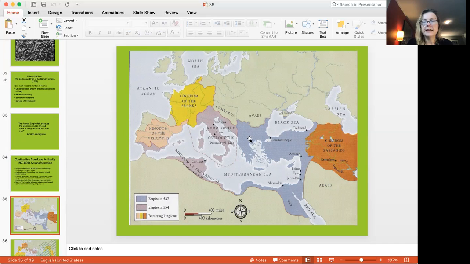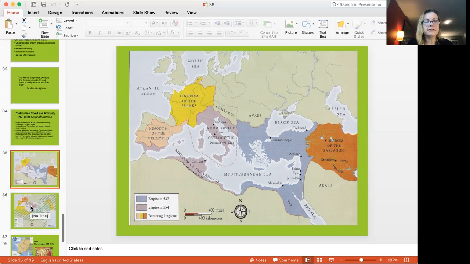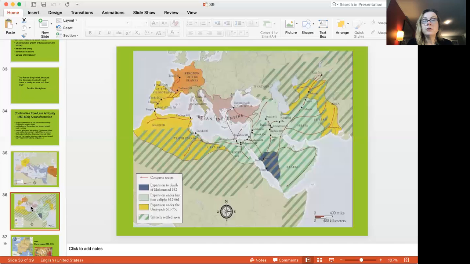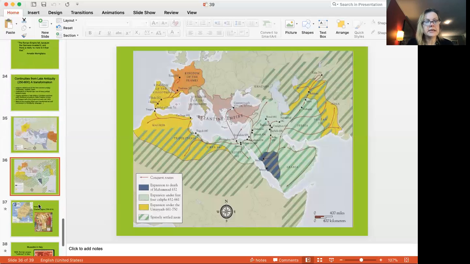We also see the kingdom of the Sassanids developing in Persia, which will create quite a bit of tension. All of that is also changing after the Arabic rise, which will take over quite a bit of North Africa and the south of Spain, as well as further territories. So it really gives us a sense of how, for example, if you look here, the Byzantine Empire is much smaller and is sort of just resisting to some extent those changes.